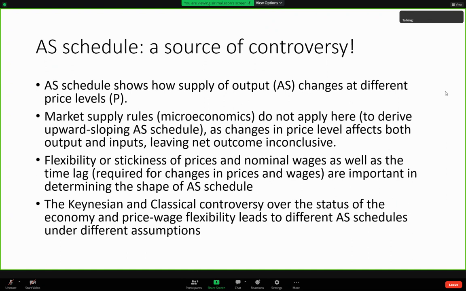In microeconomics, we are looking at the price of one product, but here we are looking at the average price of all the goods and services. So because of this reason, the microeconomic analysis does not apply here in order to derive an upward sloping AS line. The reasons are given here: changes in price level,